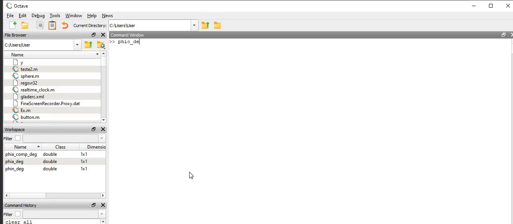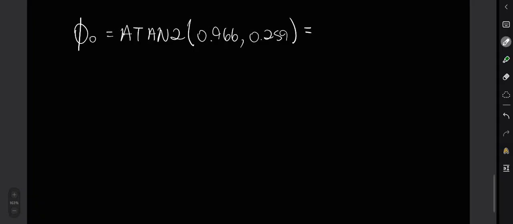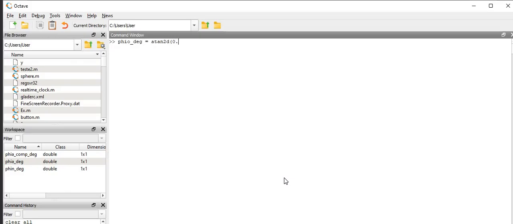VO DAG is equal to 810 2D 0.966 and 0.259, which is equal to approximately 75,